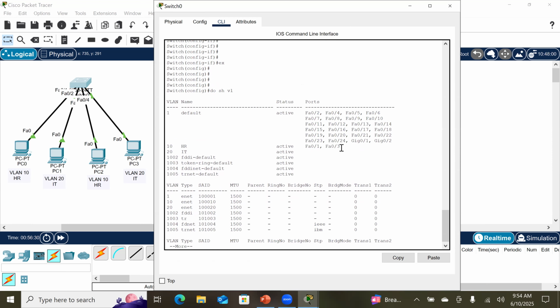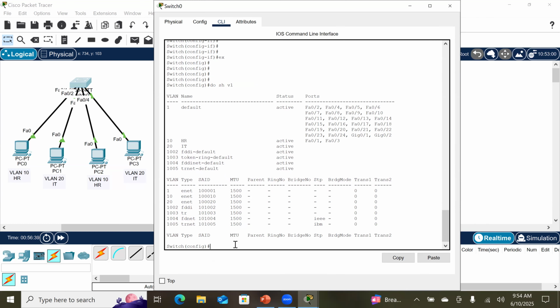You can see there FastEthernet 0/3 also got included into VLAN 10. Now what I have to do? I have to make those 0/2 and 0/4 also